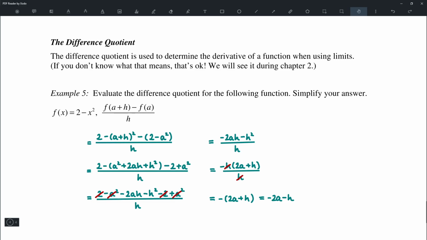And that's it. So we looked at definition of function, the 4 ways of representing a function, domain and range, piecewise function, odd and even function, and finally